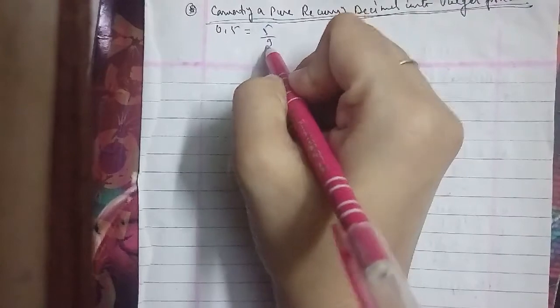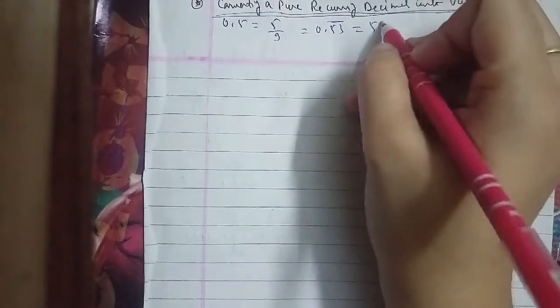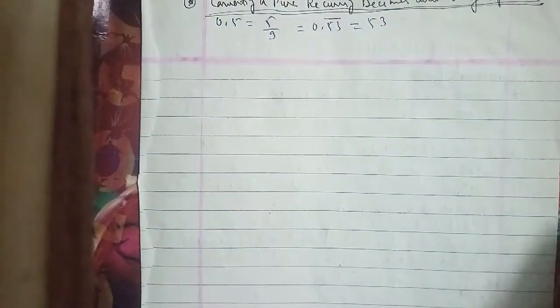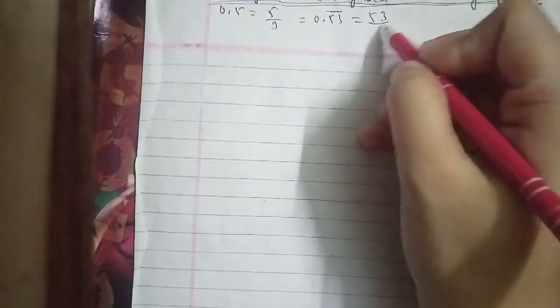In the same way, 0.53 with the bar repeating over both digits will become 53/99 if we solve it. The other question we have is 0.067